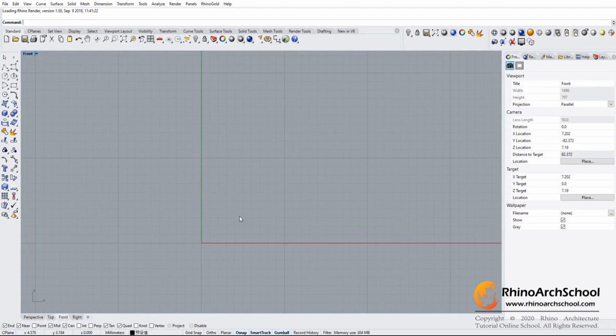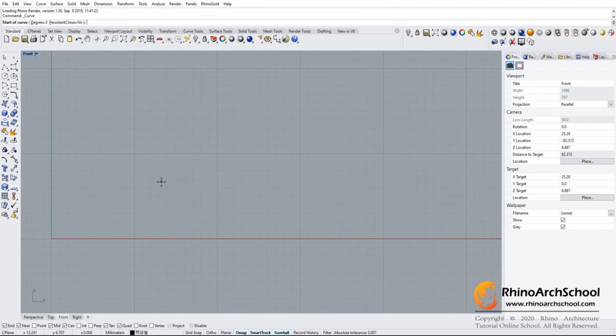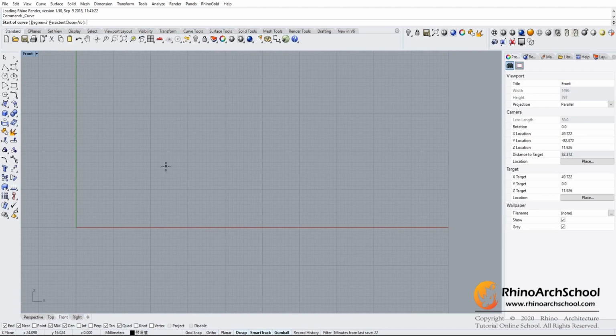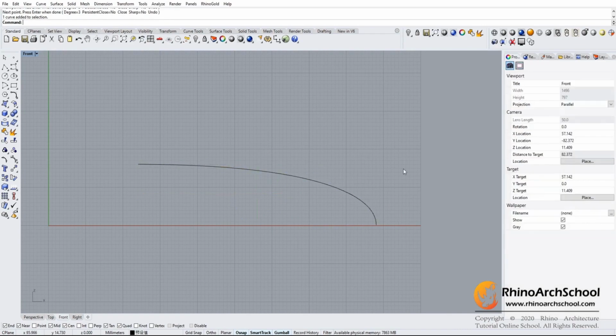Go to the front view first, and then we need to draw a curved line. Tab Shift, draw horizontal first, then click again, like that. The reason I draw this shape in this way is because